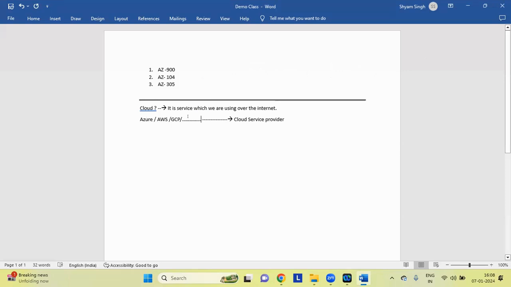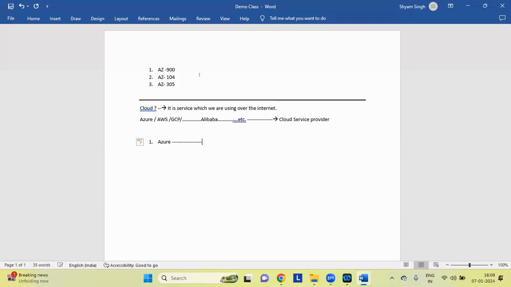Okay, so either Azure, Alibaba, Oracle, etc. There are so many cloud providers. Among them, why are we going to choose Azure only? Because Azure is a market leader.